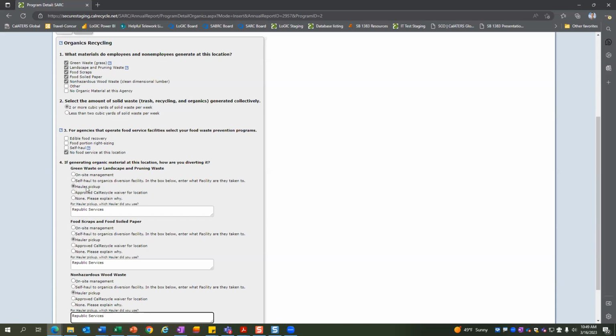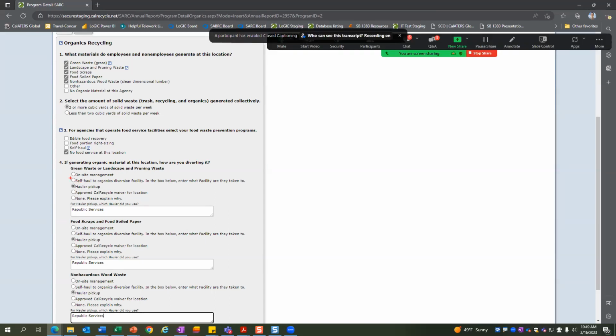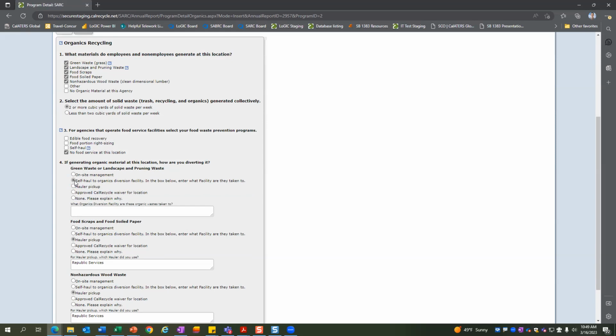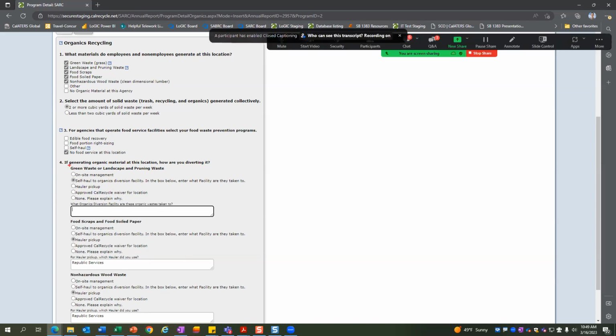To answer your question, you can go one of 2 ways. I think you could pick either one of these options because it won't let you pick both. And so just type that here, whatever it may be. And I do want to point out that if you are self-hauling green waste, but then a hauler does your food waste, it's already split apart for you. I don't know if that's potentially what's going on.